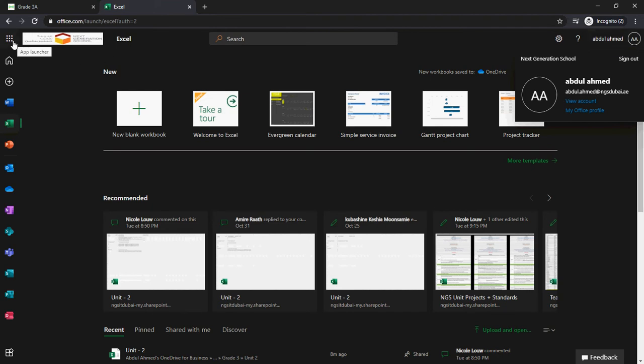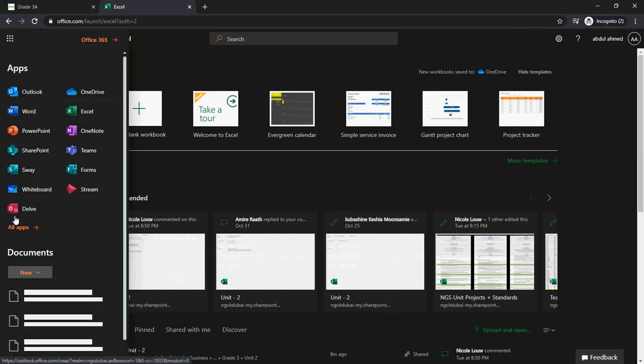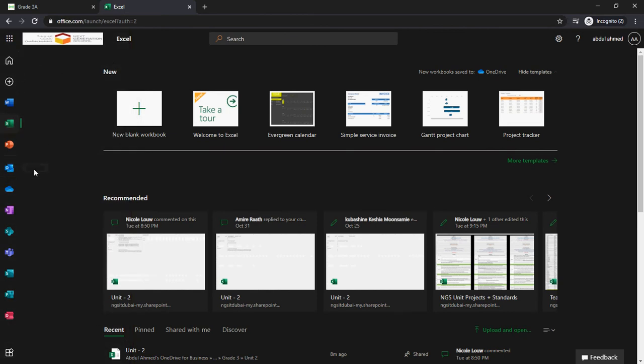The most important thing is, if you don't see these app shortcuts, if you click on the 9 dots, which are known as a waffle, you will also see the apps in there. First things first, what you're going to do when you log in is you're going to go to OneDrive. OneDrive is where you're going to save your work. So we're going to click it,